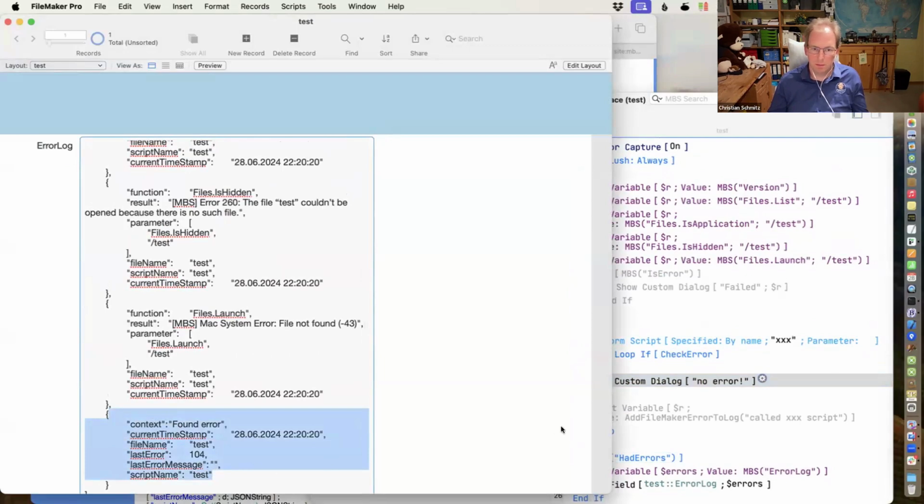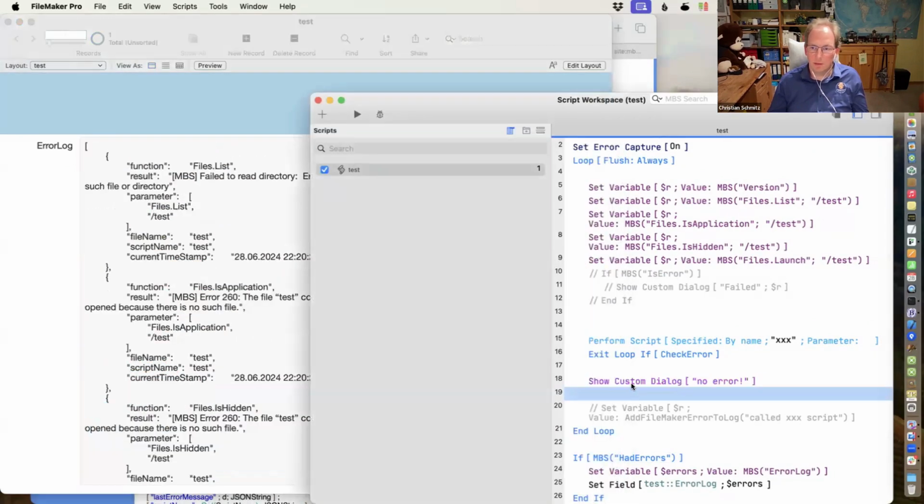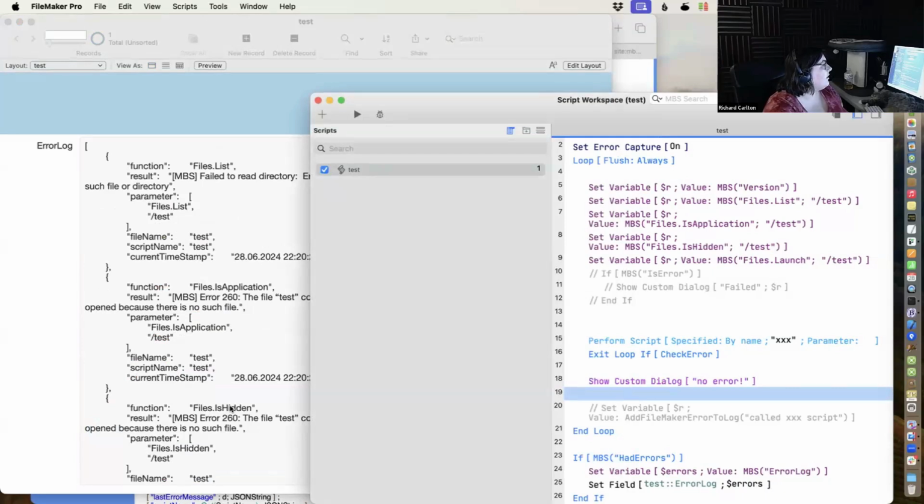So this is an error handling you can use if you like. The custom function with MBS makes it maybe a little convenient. Otherwise, you would use maybe a global variable also to collect your error messages and then check that later, whatever. But this sort of assembles it all for you without having to go through all the pain and agony of that, which is nice.